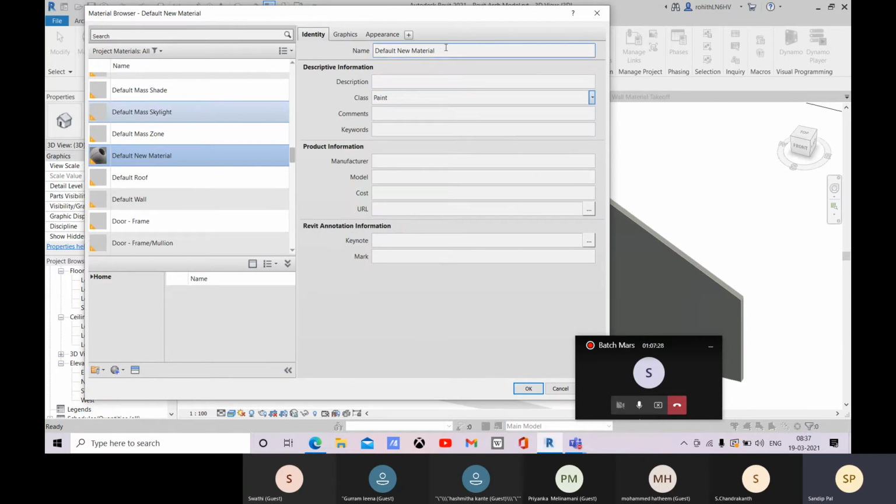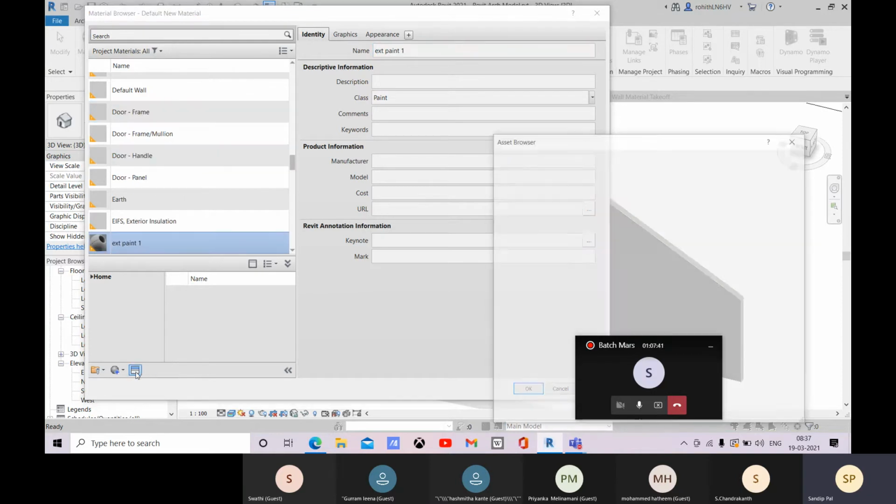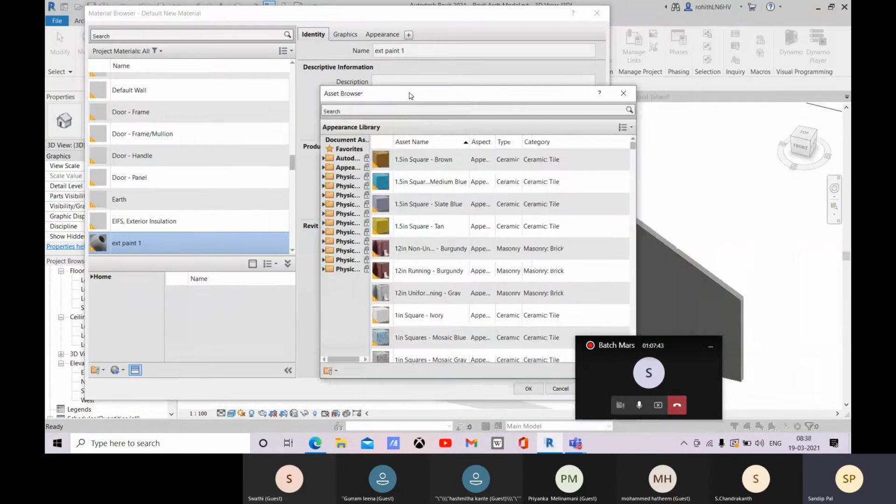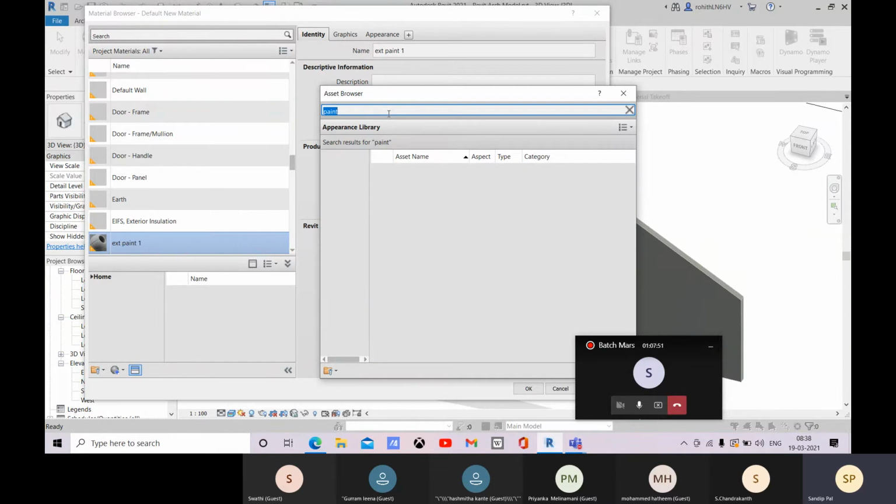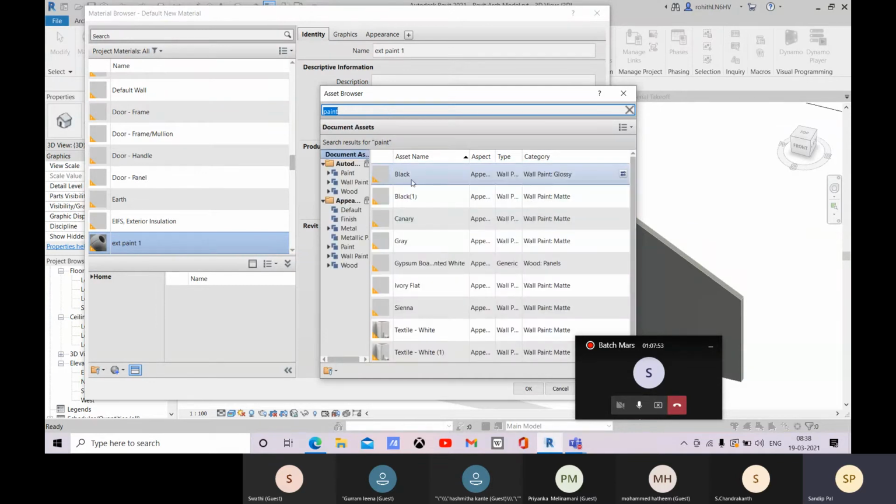Okay, and there you can mention like exterior paint one, and then you can come to this asset browser over there, and there you can go for any paint. You can search for paint, and there will be all the list for your paint. So these are for your wall paint.